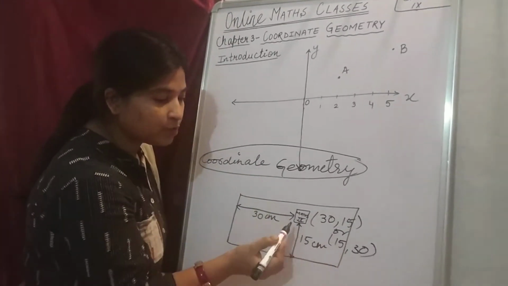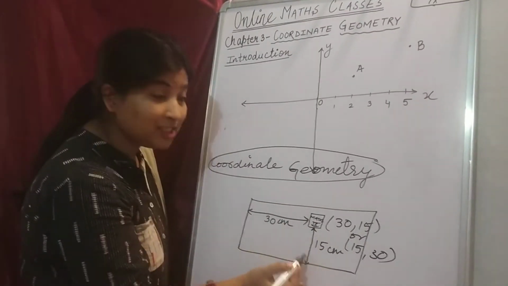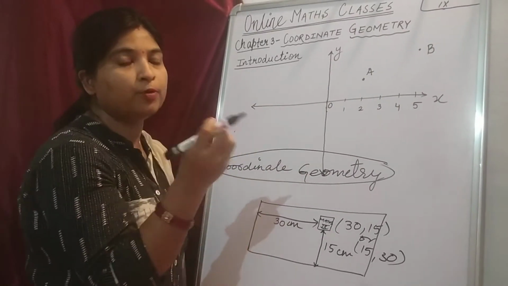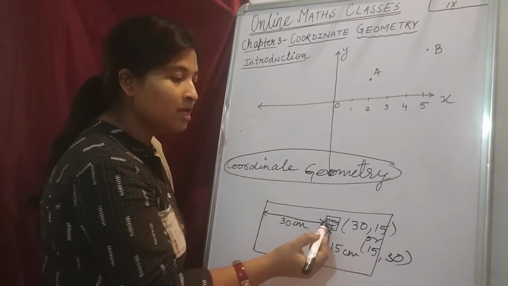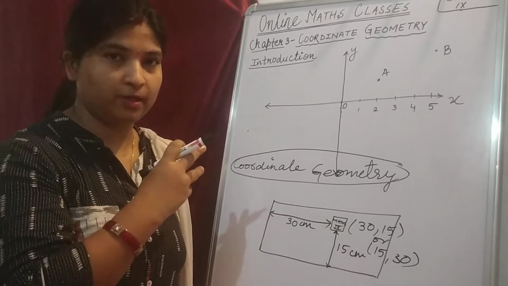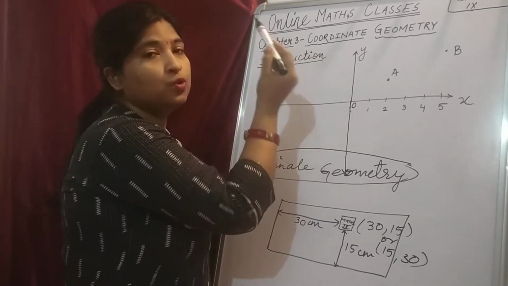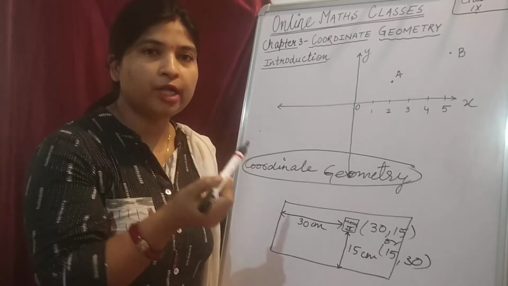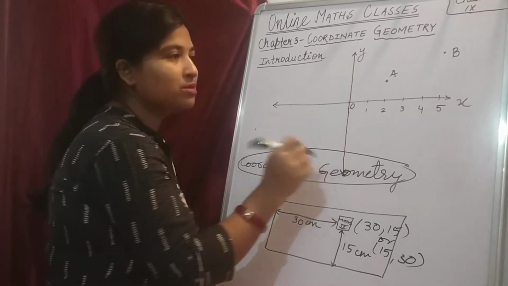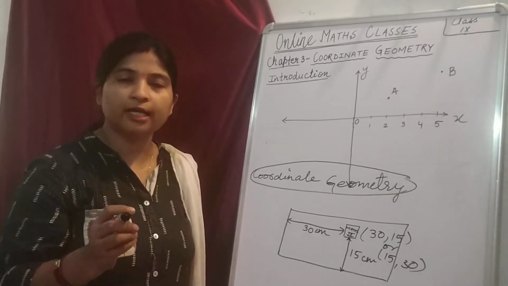So this point actually represents the position of this book from both the edges of the table. So you can relate the same situation of position of a point in a plane as the position of a book on your study table. Understood, students? I think you have understood what is the use of coordinate geometry in our day-to-day life. Now you have understood what is the meaning of x-axis and what is the meaning of y-axis, and how we can relate it in our daily life.